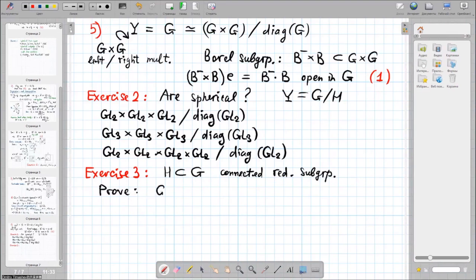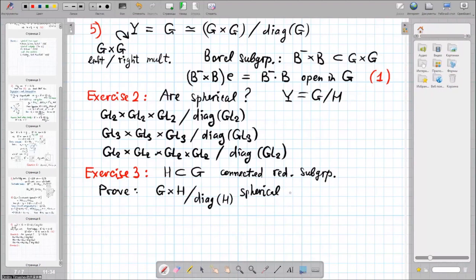The homogeneous space G cross H modulo the diagonal of H. Since H is a subgroup in G, it can be embedded diagonally in G cross H, so we may form this homogeneous space G cross H modulo diagonally embedded H. Prove that this homogeneous space is spherical